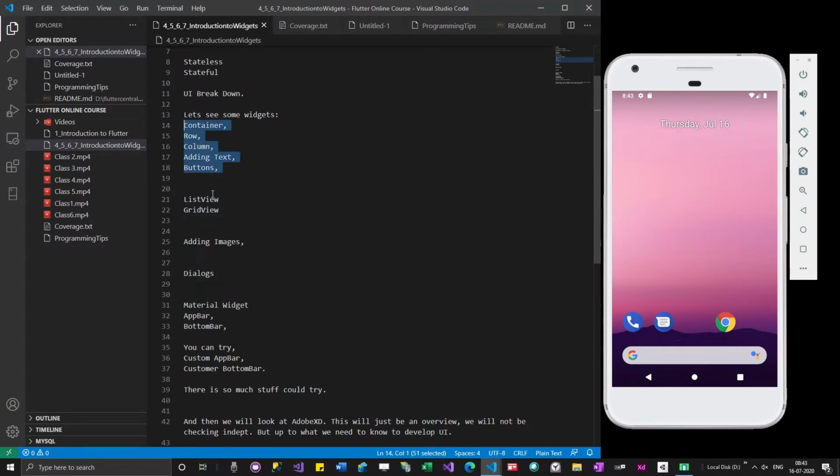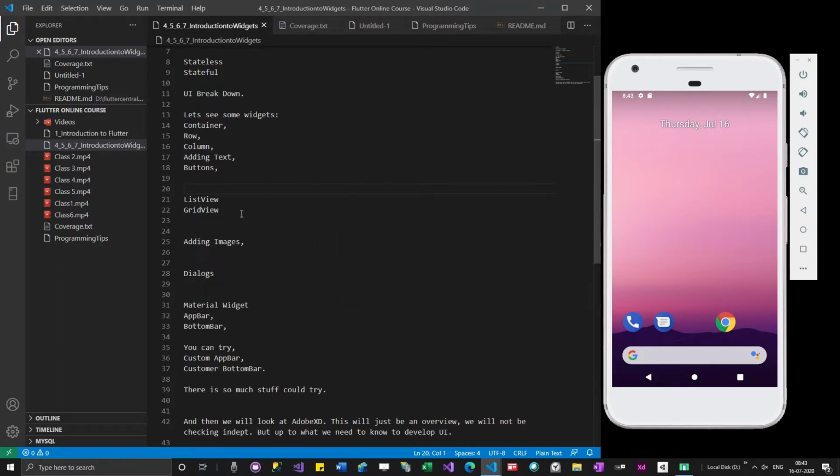These things are actually used inside the list view, and inside the grid view you'll use this stuff. Even though you have list tile or grid tile, to an extent you can use it. If you take the Facebook app, they're not actually using list tile. They might be using a custom interface. Within list view we have seen that you can give text, container, whatever. They might be using a container, and inside that they have added so many things.